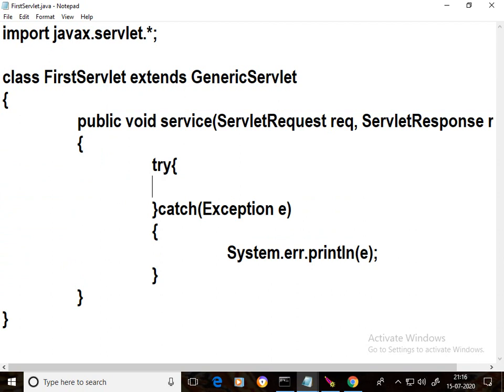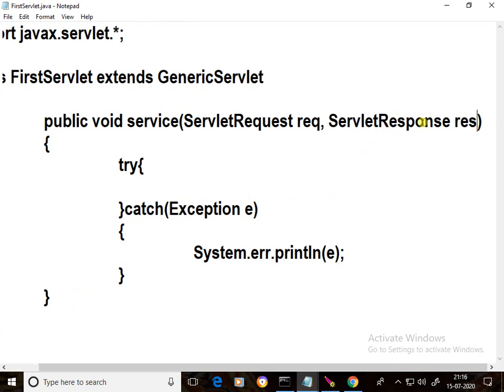Here, from server to browser we have to create one stream. Through that stream we can transfer the welcome message. For that, the getWriter method is in ServletResponse. If you call that method, you'll get a PrintWriter stream, with which we can transfer the welcome message.